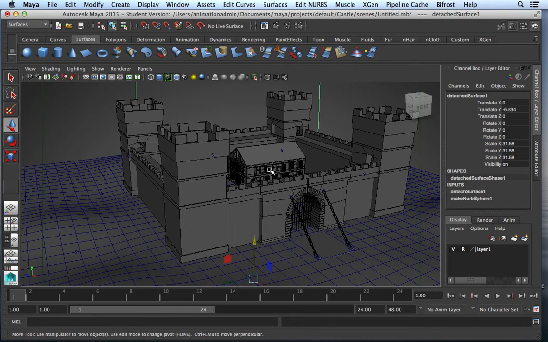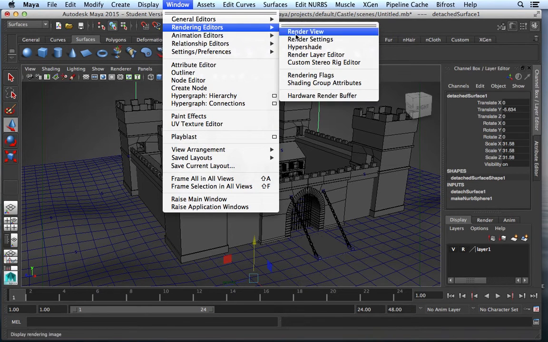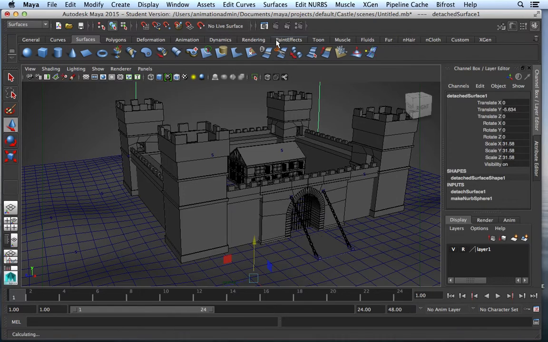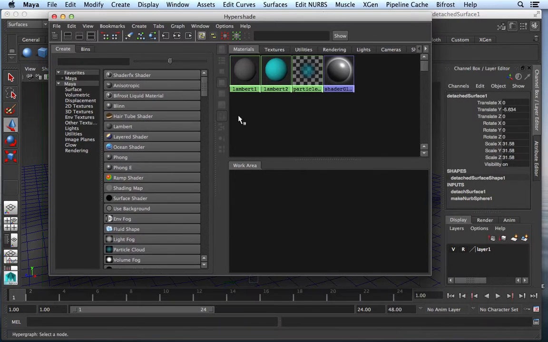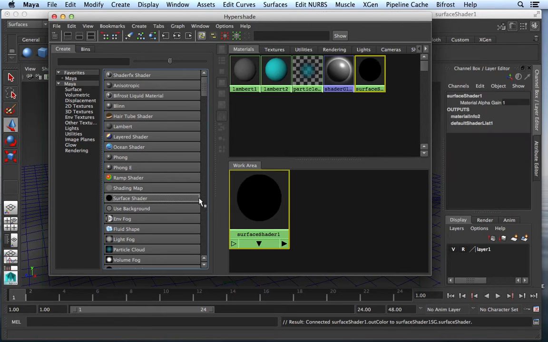All right. Now, next you're going to open the Hypershade. And you are going to create something called Surface Shader, which is right here. The Surface Shader allows you to put a simple backdrop, and the nice thing about that is you don't need any extra lights because it'll light your environment pretty quickly. So I'm going to select Surface Shader. I'm going to double click on it,